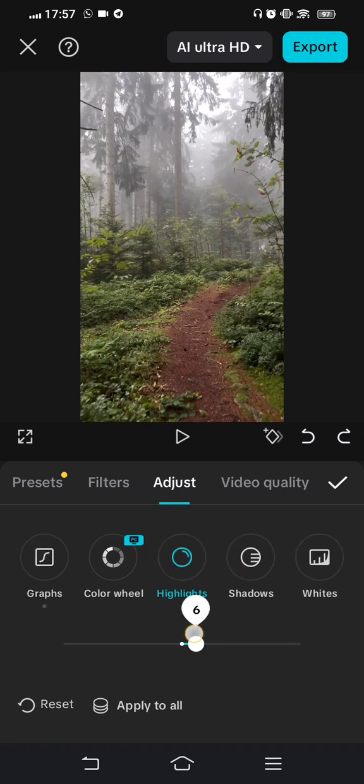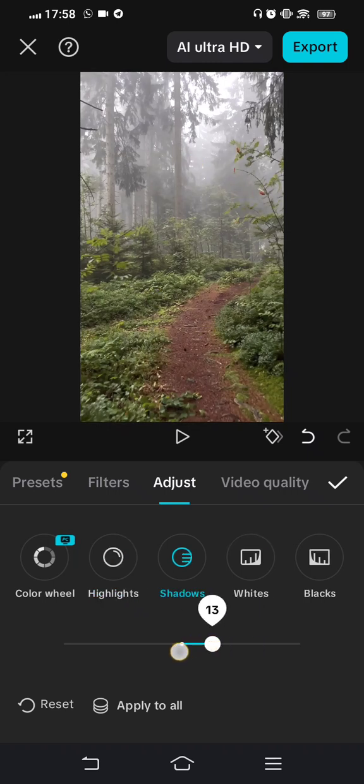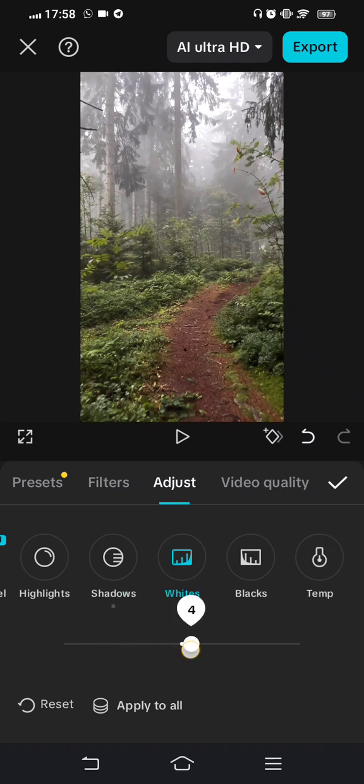And the next one is the highlights, to manage the brightness slightly, and also highlighting the project being shown in this video or clip, and shadows and the whites, the black,